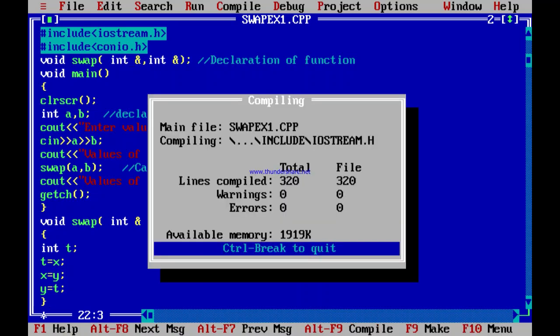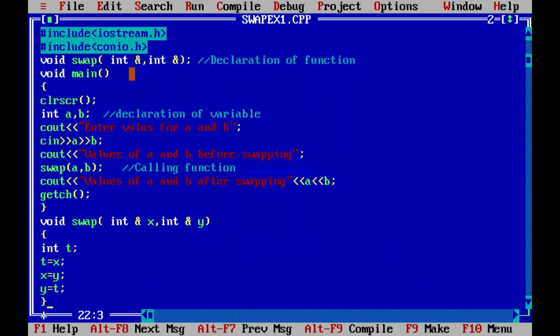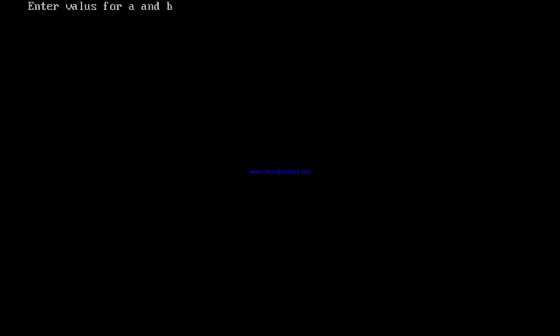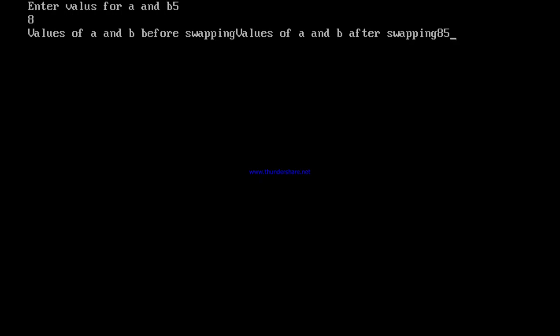So I am going to compile the program. So 0 errors are there. Then I am going to execute the program. So I enter the values 5 and 8. So values of A and B before swapping and values of A and B after swapping, 8 and 5.